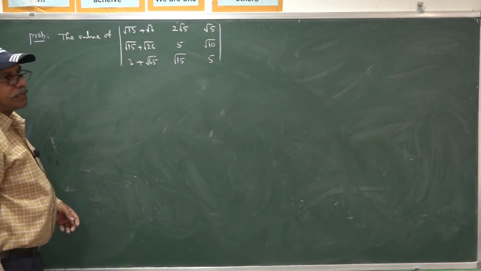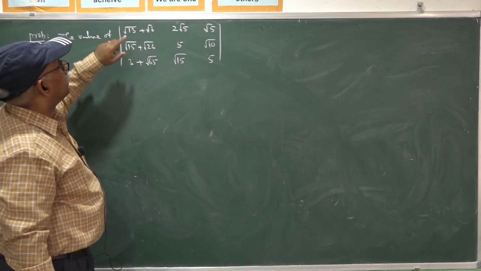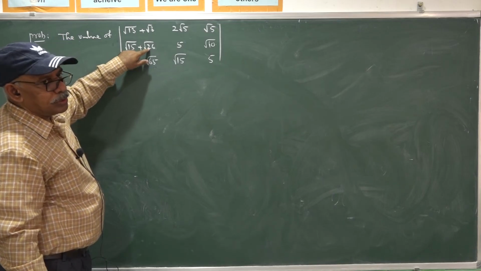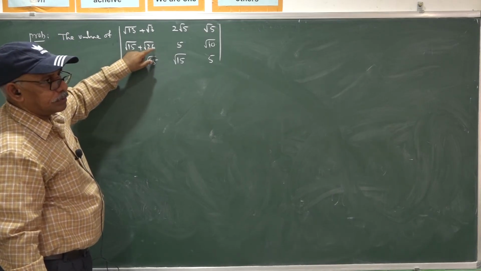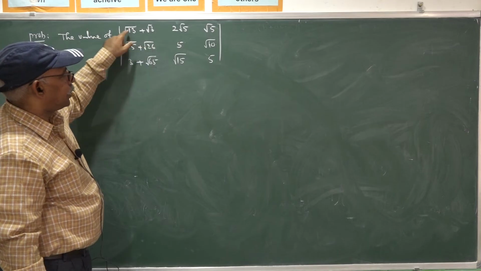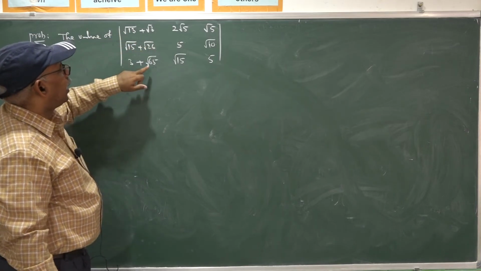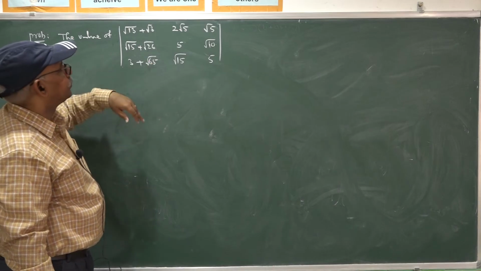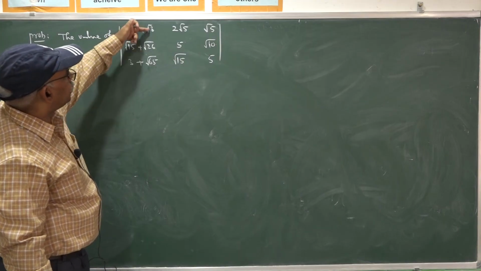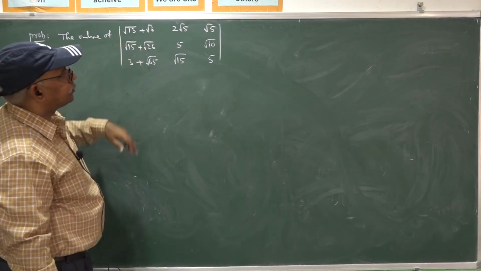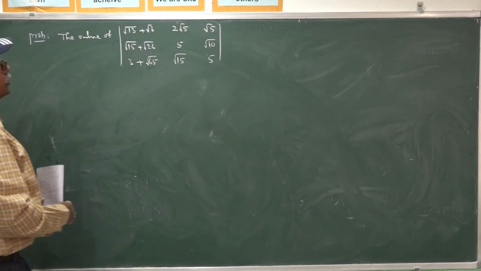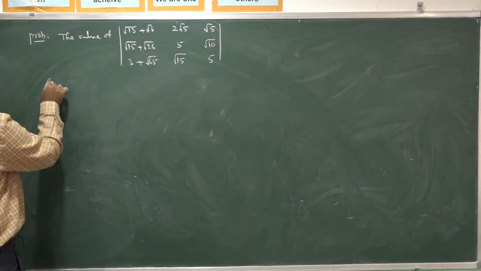Now, once you observe the elements of the determinant, here we have root 13. Root 26 can be written as 2 into 13, and this is 5 into 13. So root 13 may be common from these 3 terms, and root 3 is common from these 3 terms, and root 5 is common in these terms, and root 5 is common in these terms. So, by such an observation you can evaluate this determinant.